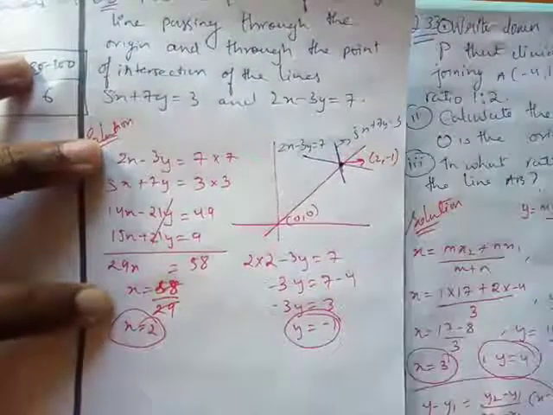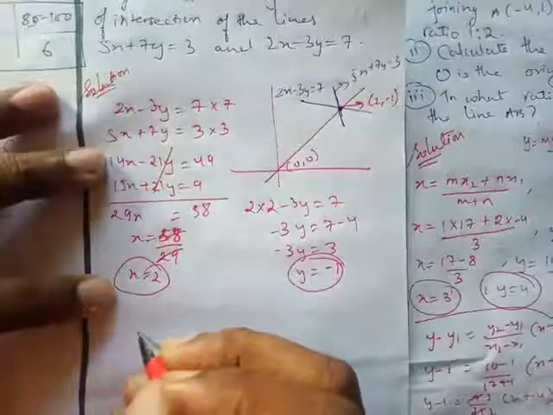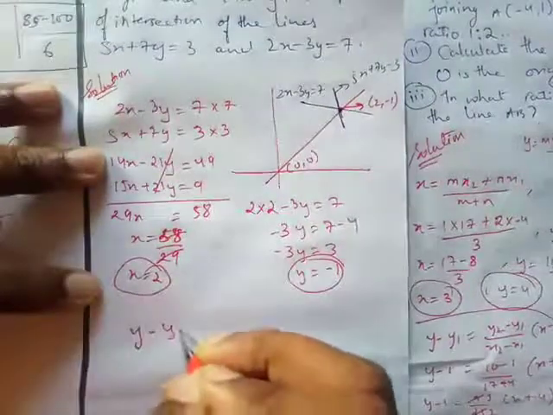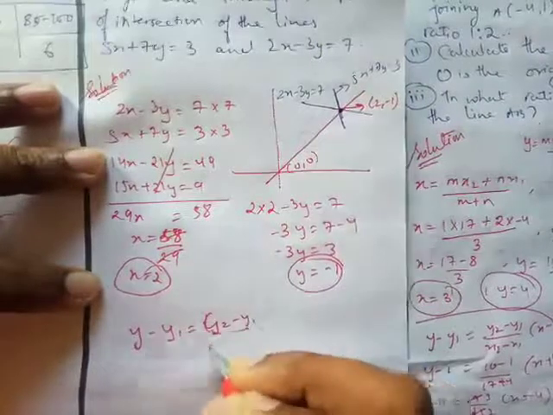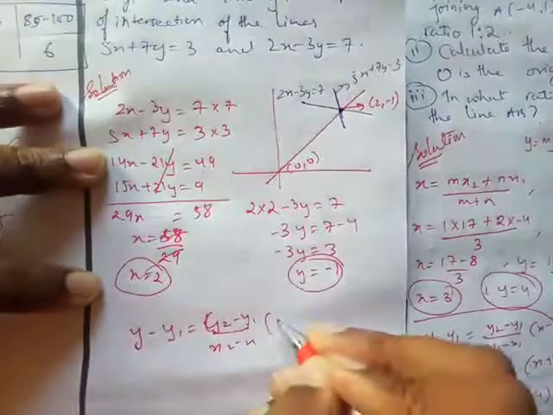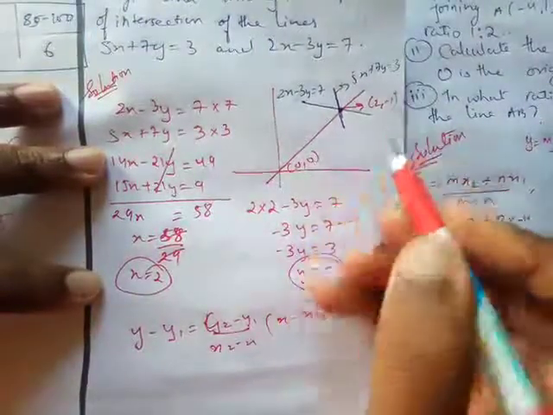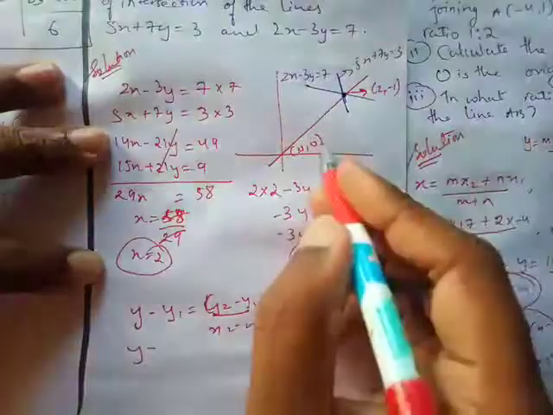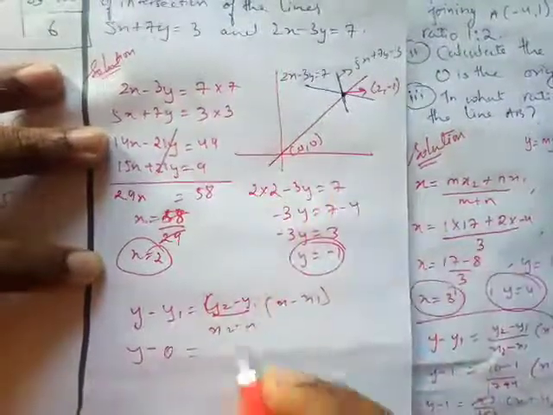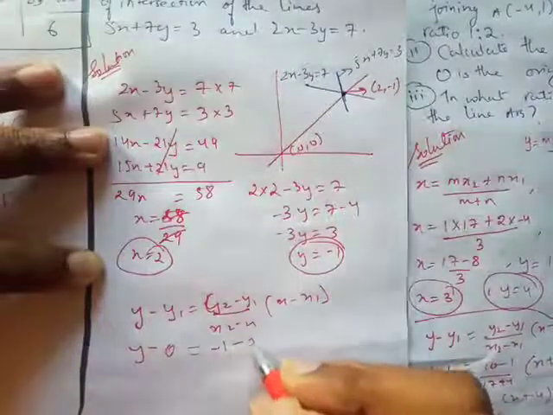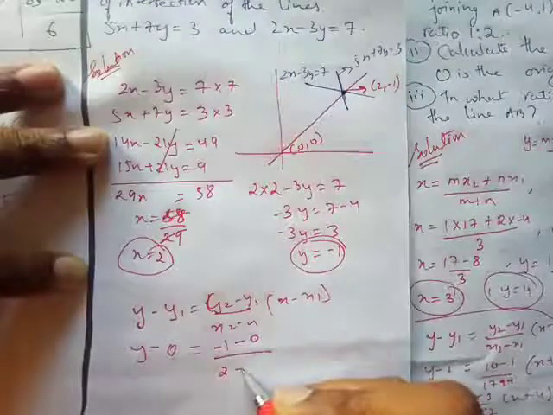Okay, so how to find the equation of the line? I can use a very simple formula, that is y minus y1 equals y2 minus y1 upon x2 minus x1, times x minus x1. So this is x1 y1, x2 y2. So y minus y1, y1 is 0, equals y2, y2 is minus 1 minus 0 upon x2, x2 is 2 minus 0,